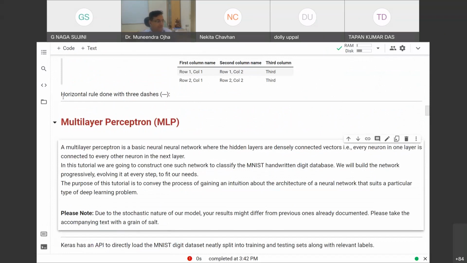And yesterday when Professor Oja was talking about multi-layer perceptron, and I'm really sorry about that because the recording that is produced by WebEx is not a complete recording. It is either showing the video or showing the slide, but that too intermittently. So the recording that is created is very bad. Unfortunately, we don't have any control. I think I saved it on my desktop. That is why it produced some error.